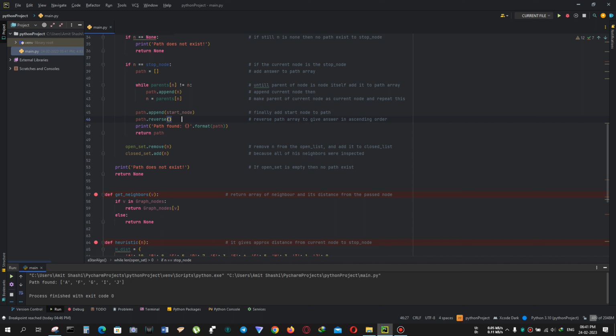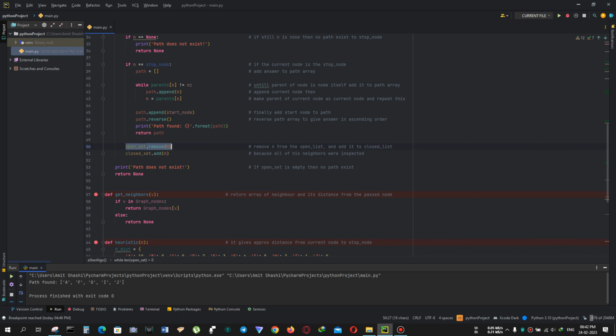So what will be the reverse of reverse? It will be our answer, right? So we reverse the path. Now we will get the path from Delhi to Mumbai. Earlier the path was from Mumbai to Delhi. That is why we needed to reverse it. Now we got the path from Delhi to Mumbai. We will print the path. It is just one fancy way of printing it. Okay, and we will return the path,